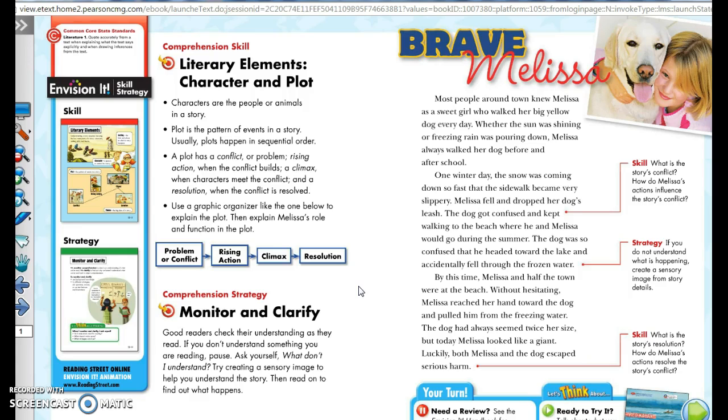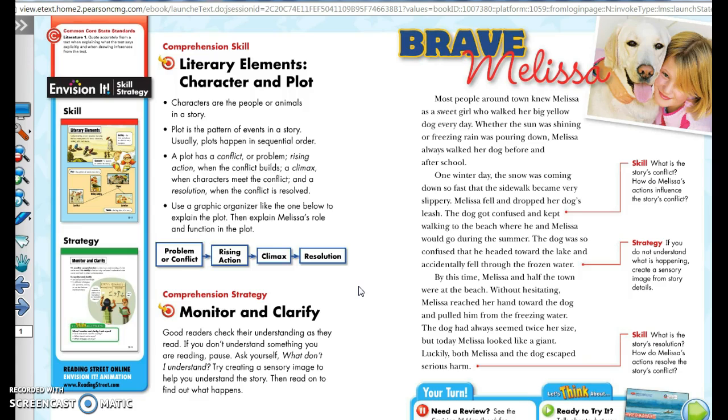Excellent strategy here, guys. Whenever we're reading, good readers are going to pause every now and then and think, what happened in the story? Who were the characters involved? Where did they go? What did they do? What motivated them? What made them want to do this? If we stop every few pages when we're reading and just do that minute self-summary where you think about those